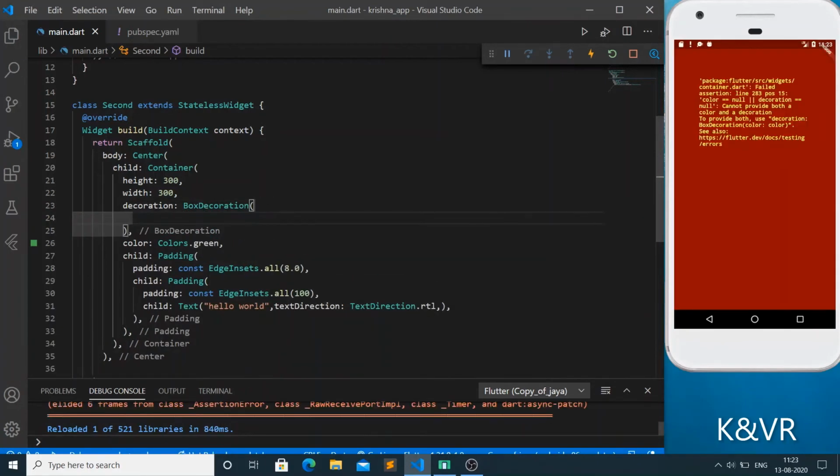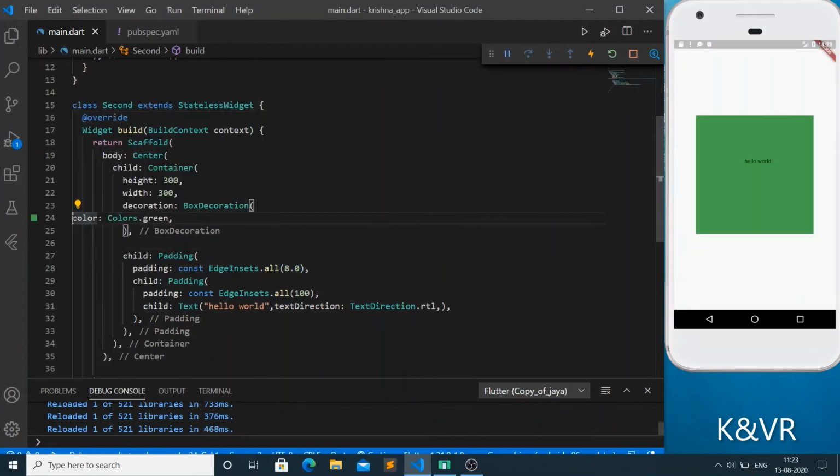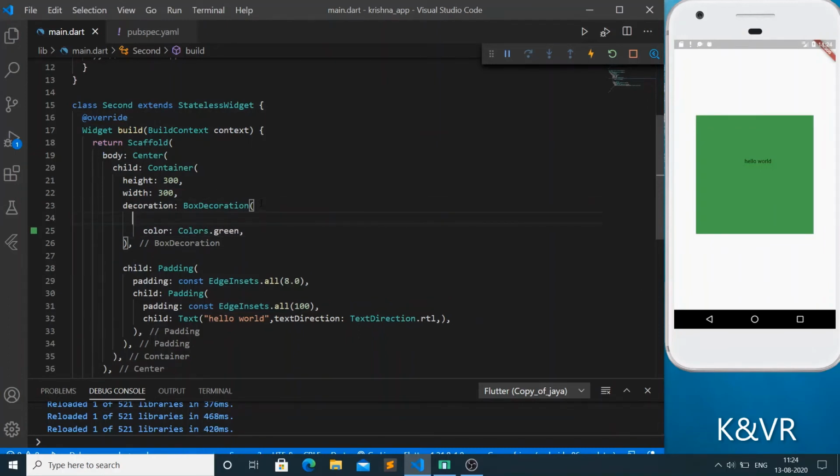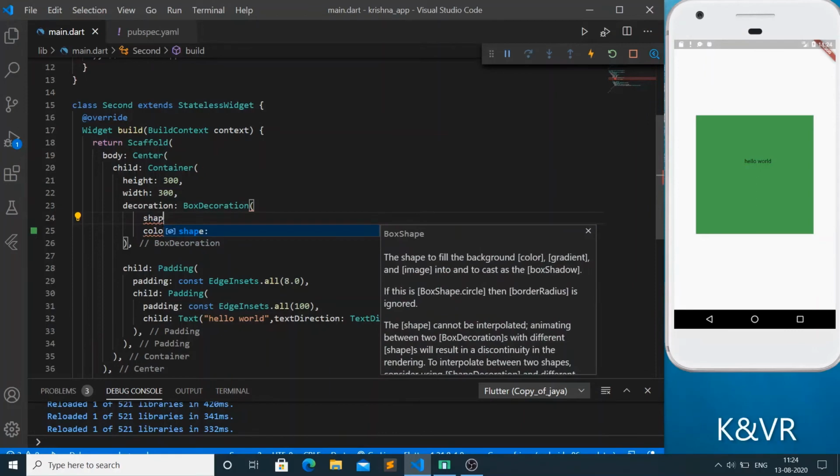It is showing an error, because whenever we use BoxDecoration, the color should not go outside. So we cut this color and put it into the decoration. So it is working now.